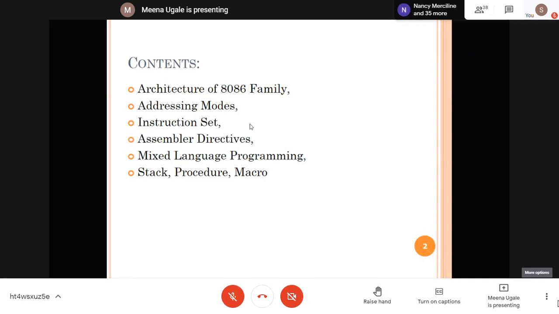Then we will see the concept of mixed language programming, assembly language with one more language, that is the C language, and how you can combine both languages to write a program for the 8086 microprocessor. And then the concepts of stack, procedures, and macros, and how these can be used in your assembly language programming. From this, the part of interest for today's lecture is the architecture, and if time permits, we will start addressing modes.